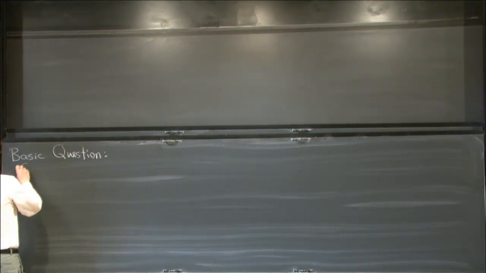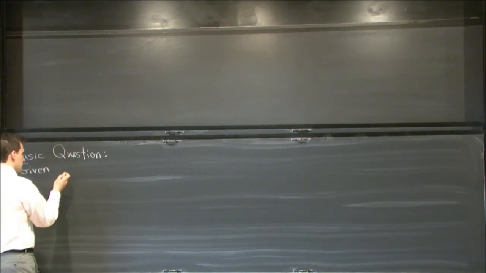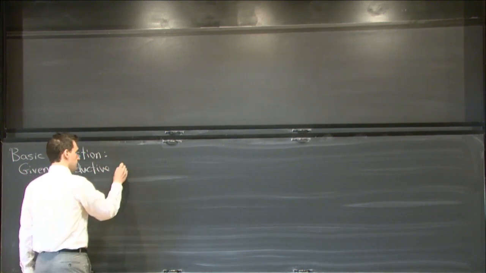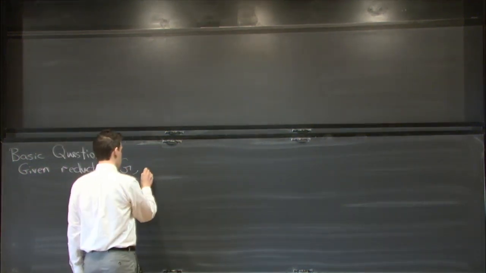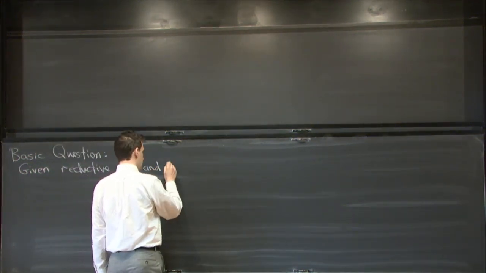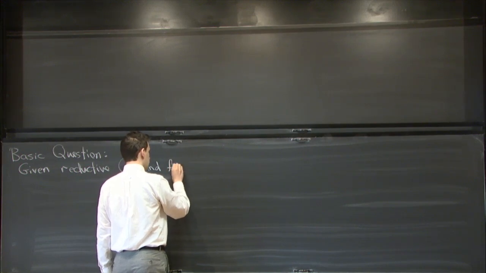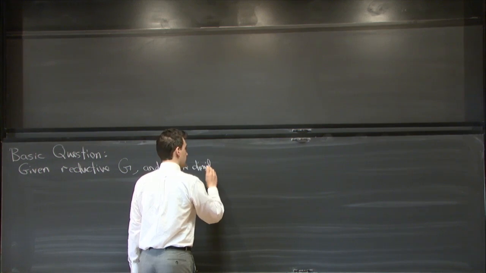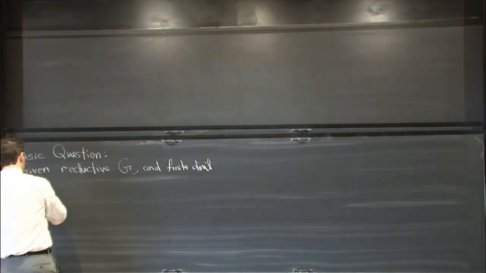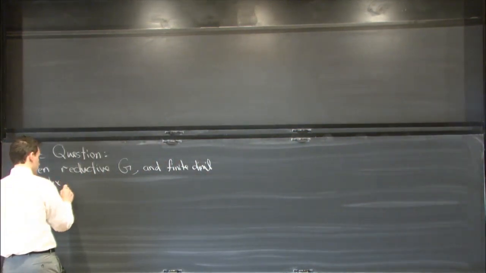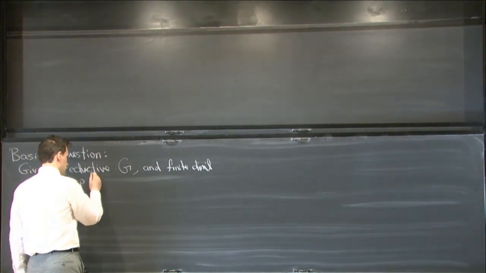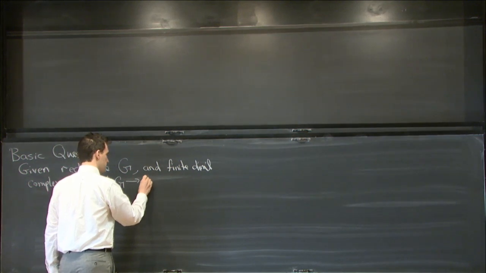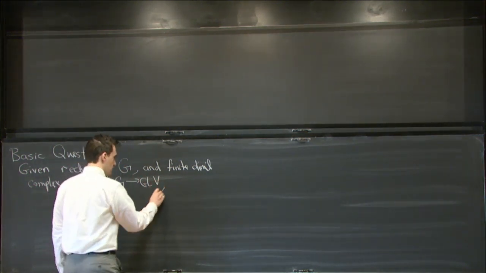But the question is: given a reductive group G and a finite dimensional complex representation of its L group, which I'll call R, so it goes from LG to some GL(V),